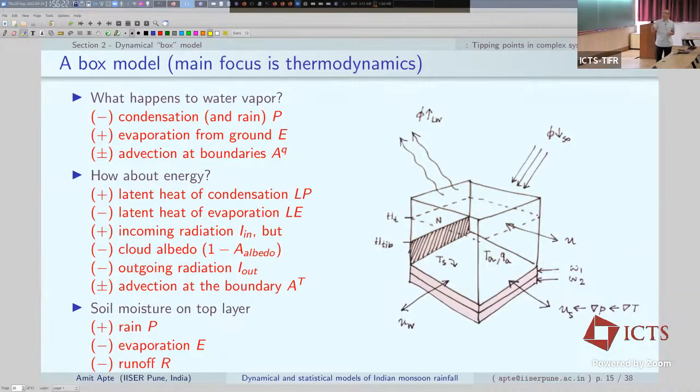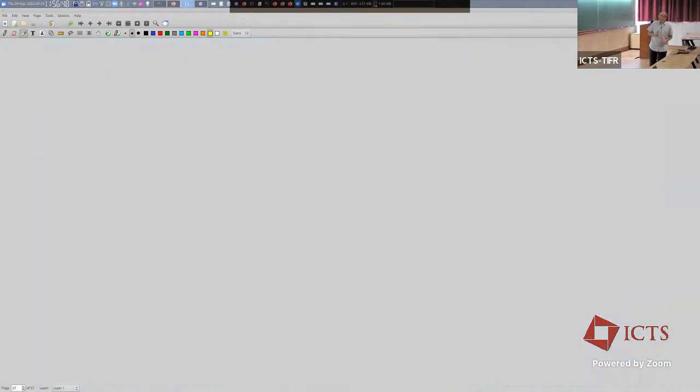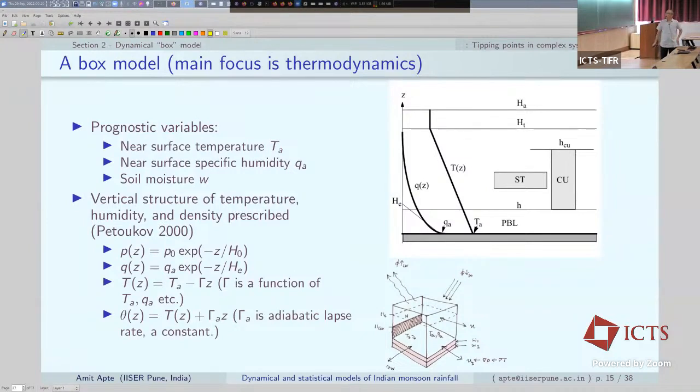And clearly the advection. And the soil moisture depends on the rain, the evaporation rate, and things that just go off into rivers, lakes, and oceans. So those are the main processes. As you can see, this list is already kind of daunting. The starting point was to try to get phenomenological models for each of these single processes and put them into a differential equation. So maybe I'll skip the details.